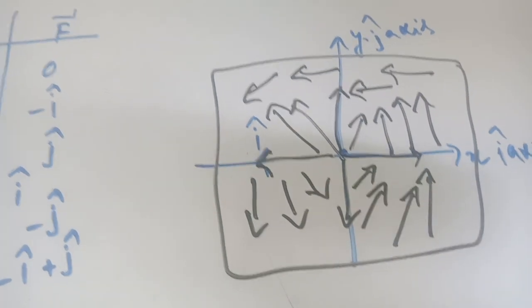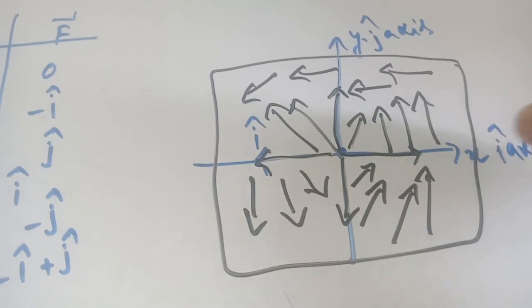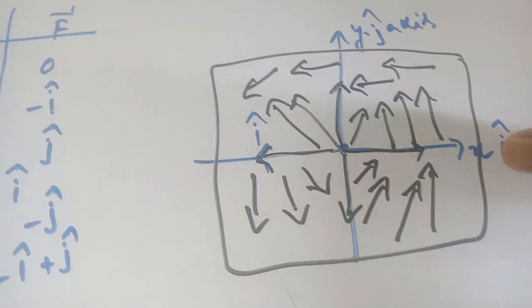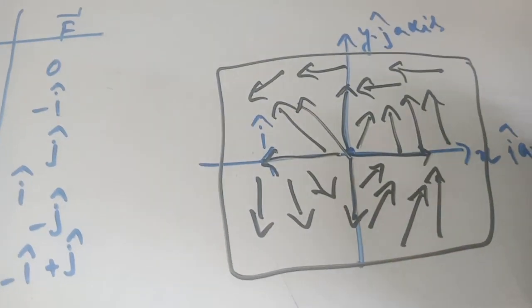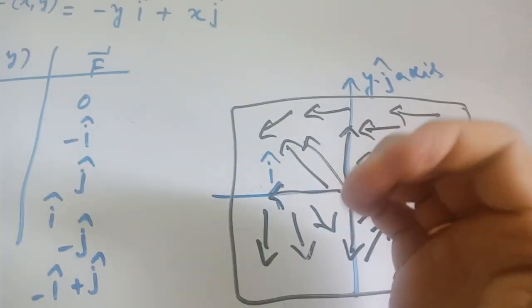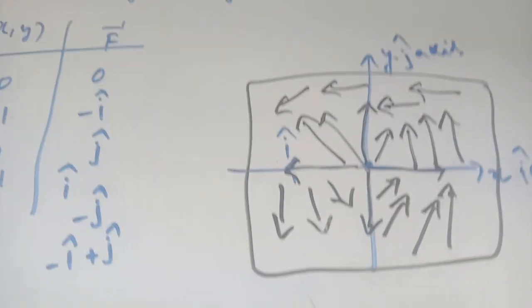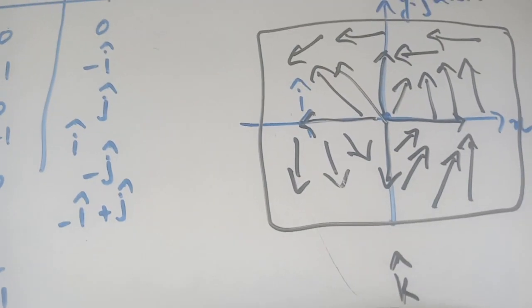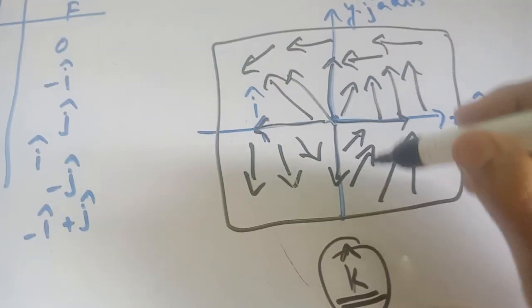If you throw some dust or a stone into that water, the stone will experience a force from this vector field, considered like a water field, in the direction perpendicular to the board. That is, the field is rotating in the anti-clockwise direction, and the force will be perpendicular to the board. So the force vector will be along the k axis, the z axis. The base vector is k cap.